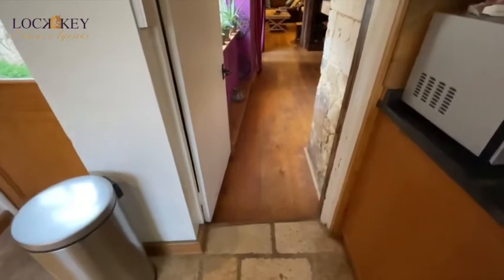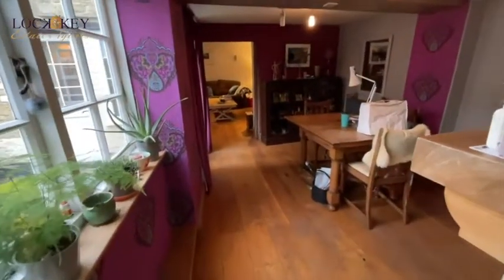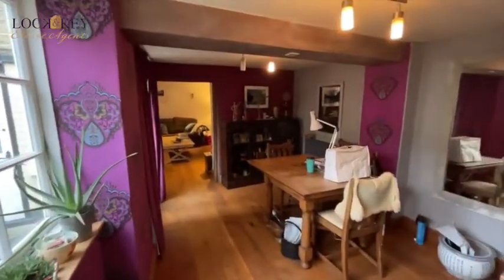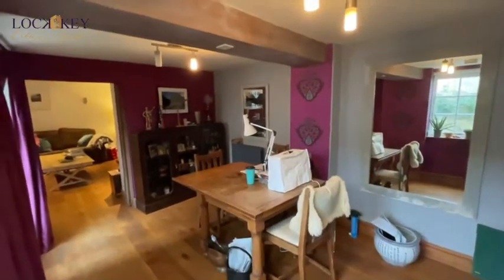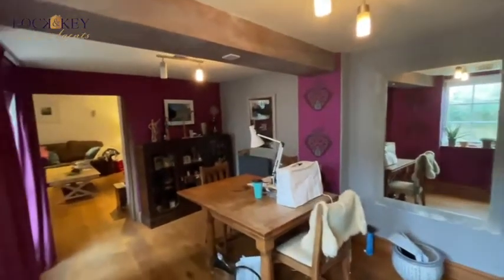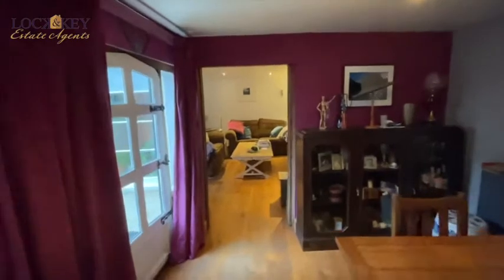You can see that lovely flooring. So it looks oak, it could be oak effect, it's wooden, whatever you want to call it. But there's your windows, and then you can see the character as we walk through into what we're calling the dining room. So it's a decent double,